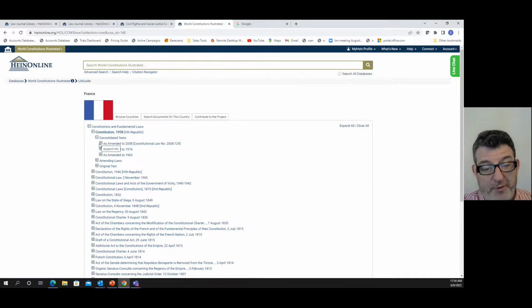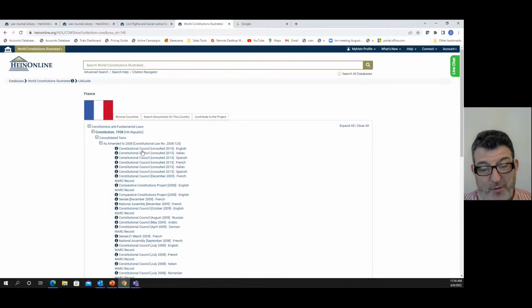Furthermore, if we open this plus sign, we see that this amended version of the 1958 Constitution was translated in 2013. So if we want to see this in English, you click on English. If we want to see this in the original French, you can see that, and you can see it's in multiple languages.